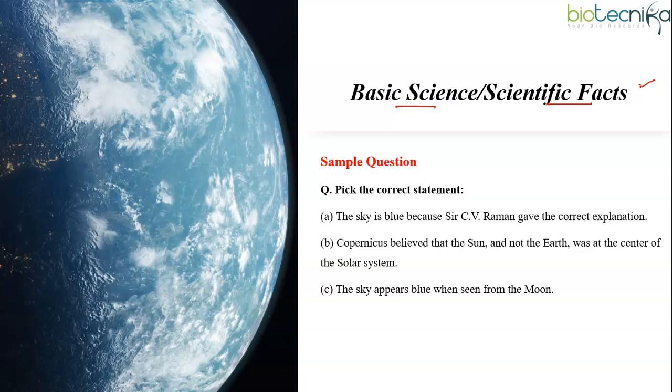Statement C is the sky appears blue when seen from the moon. And statement D is no solar eclipse is visible for an astronaut standing on the moon. So we have to go through each statement one by one. So statement A is incorrect